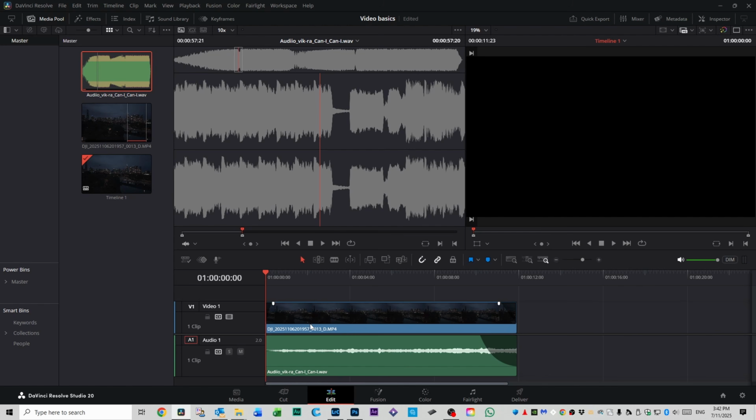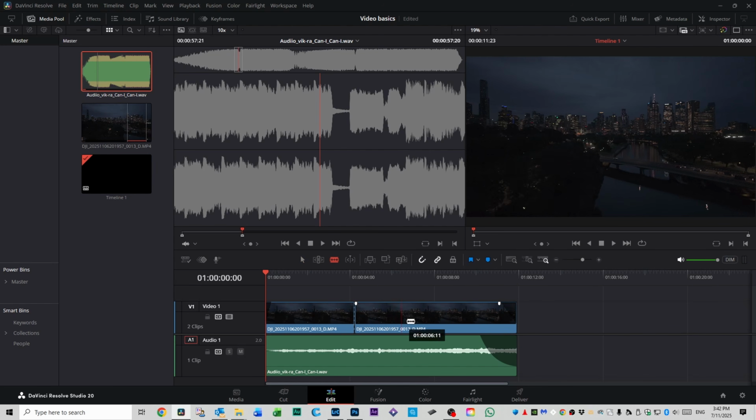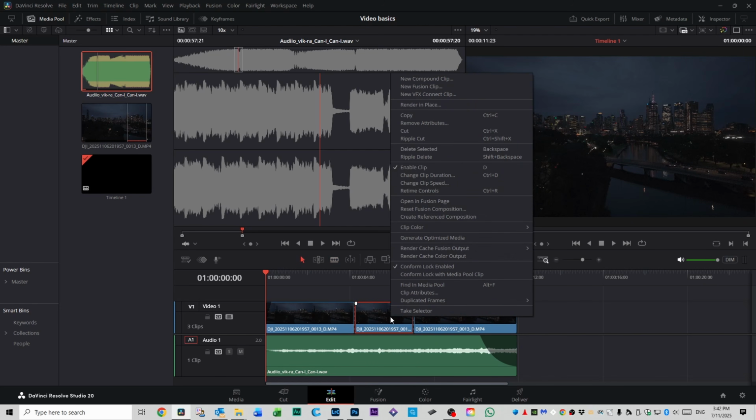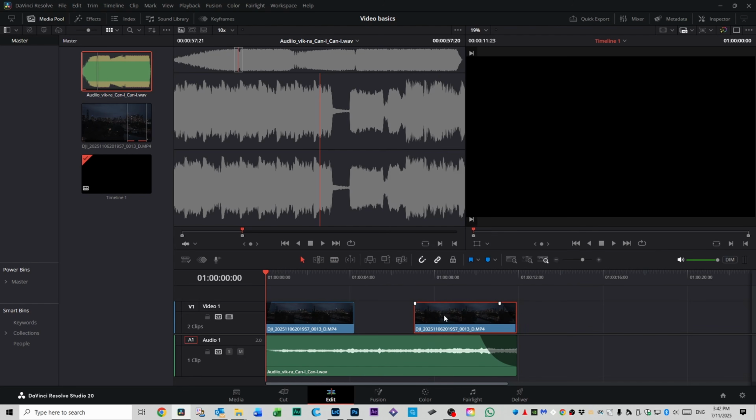Now, if you don't like this clip, say there's a bit in the middle you want to take out, you can either do it up in the timeline when you first edit it in, or you can click the razor blade here and you can select a spot you don't like. Go back to the arrow, right click on it and go delete selected, and that will get rid of that spot. And then you drag your file across and it snaps into place. Obviously I don't want to do that because I like the footage as it is,